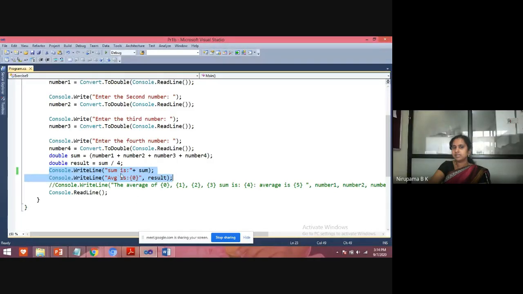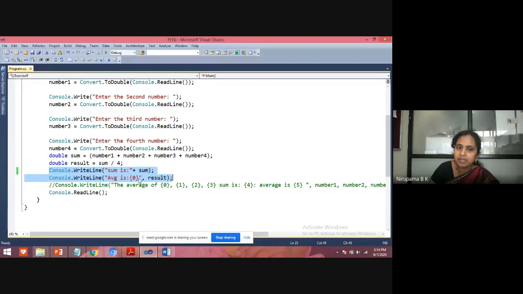What is the difference? Previously what I had given, sum is within the flower bracket 0, comma, sum. I have changed that to sum is plus sum. See, this 0 within flower bracket is nothing but a first argument value.